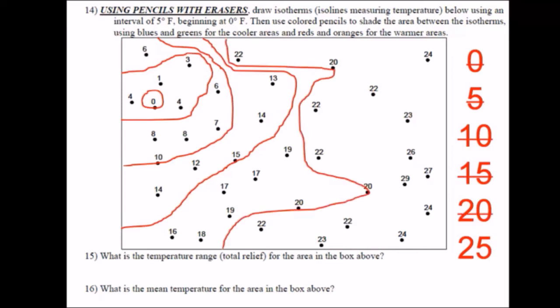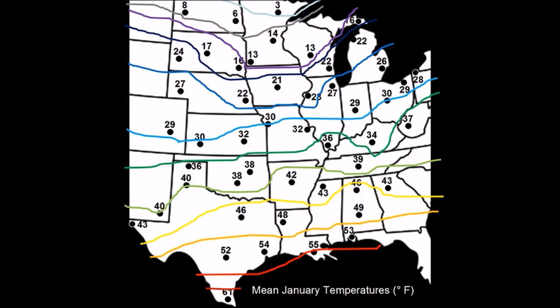Here we have the 20 line. And then for the 25 line, once again these are going to vary from person to person, you have 2 different options. You could make a circle around those values that are above 25, or you can have that line extend from one edge to the other edge. So there you go. And for part 5, you'll be plotting actual isotherms on a real map with real